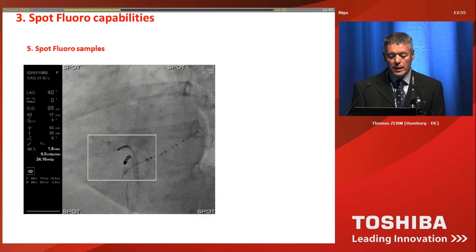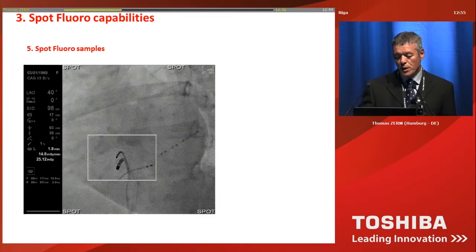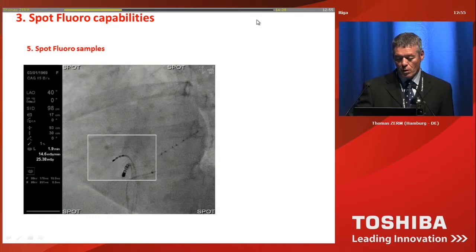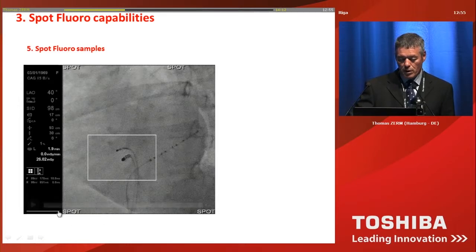Here are some clinical examples. This is an AV nodal reentry ablation. You have one catheter in the upper part of the region of interest. This is a His catheter, which borders the higher zone of interest. That's the ablation catheter itself and the coronary sinus catheter. And once again, if you play that,